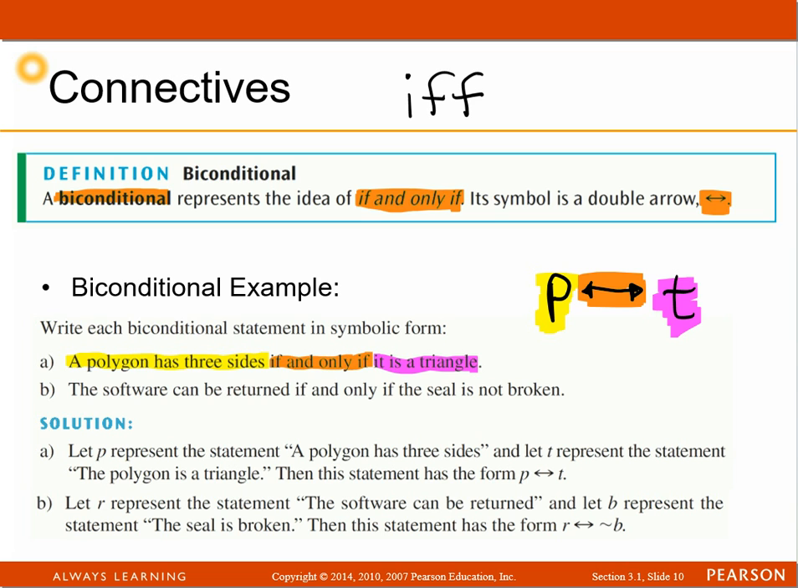So there it is. And down in the solution, you can see, let P represent the statement a polygon has 3 sides. T, well, look at that. They're thinking the same way I was. T represents the statement the polygon is a triangle. Then this statement would have the form P double arrow T. And then B says the software can be returned if and only if the seal is not broken. They said let R represent the software